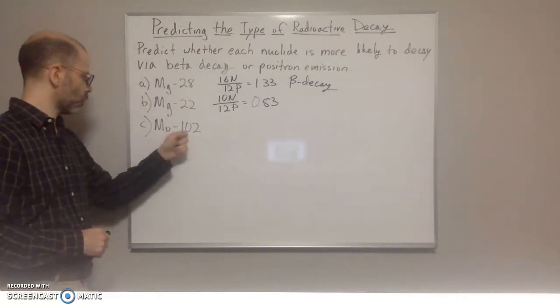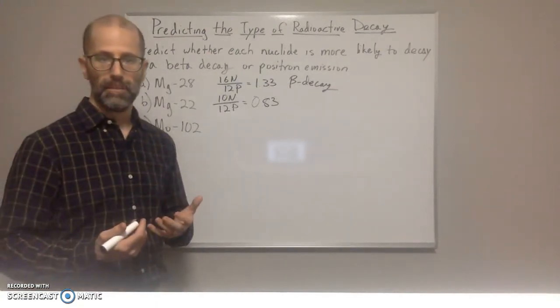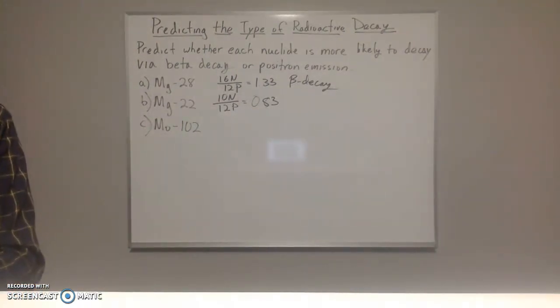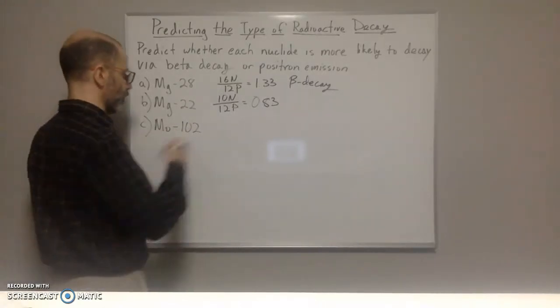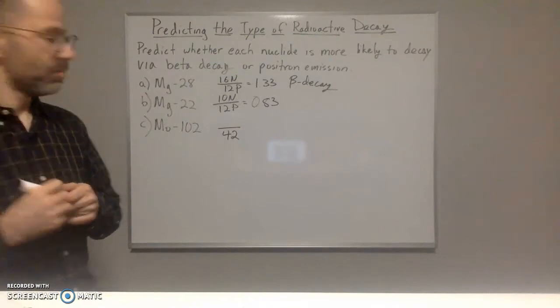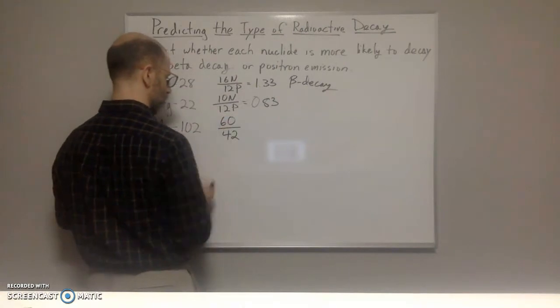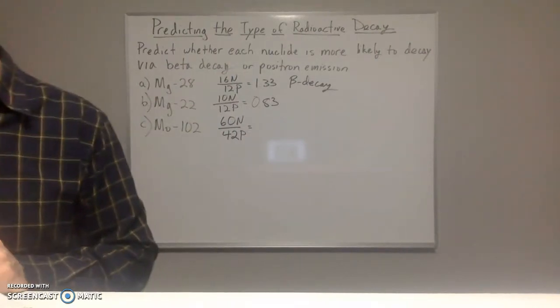And what about molybdenum 102? Again, we've got to look up the atomic number of molybdenum. Where is Mo? There it is, number 42. So this has 42 protons. Therefore we subtract 42, and that's going to be 60 neutrons. So the ratio here is going to be